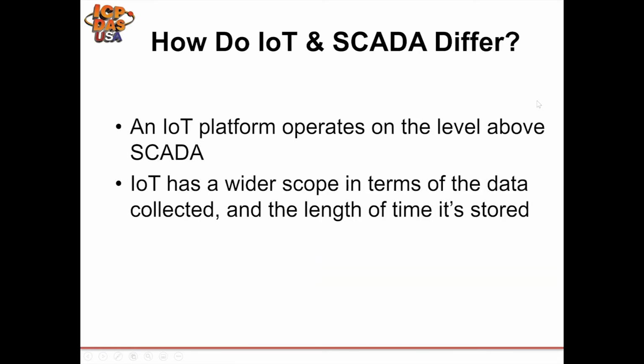Third question that I have when I think about IoT is what makes IoT different from SCADA? And the main difference here is scale and time frame. So, a typical SCADA system is concerned directly with controlling manufacturing processes and acquiring data directly related to the production process. You should think of an IIoT platform as operating on the layer above SCADA.